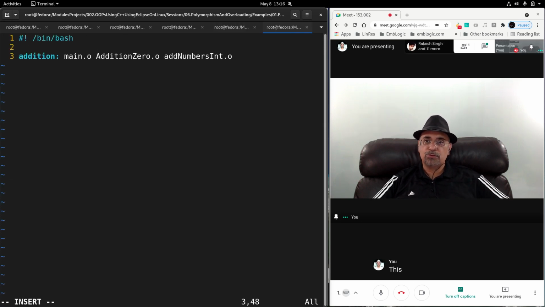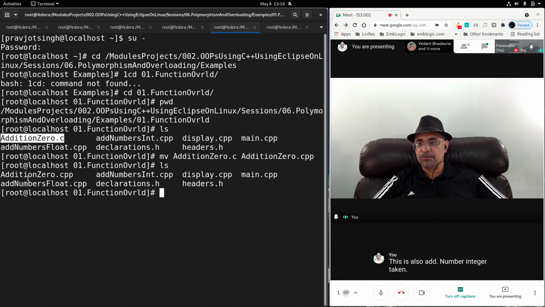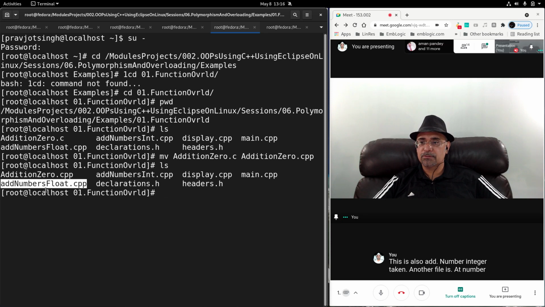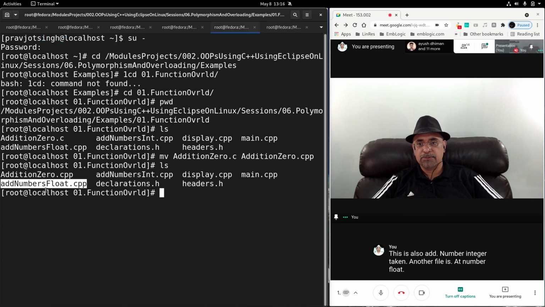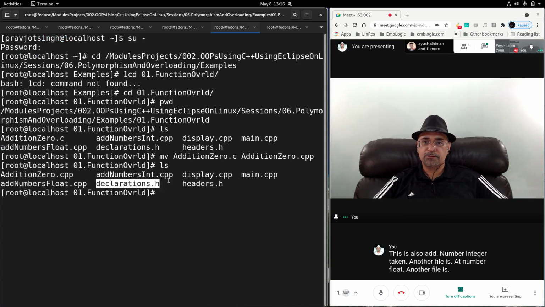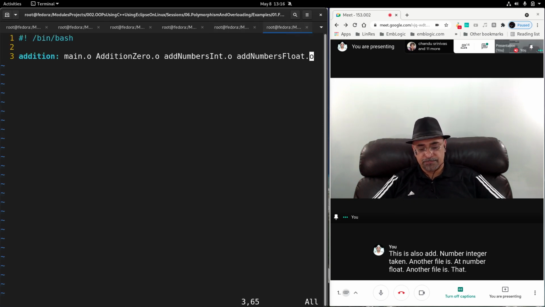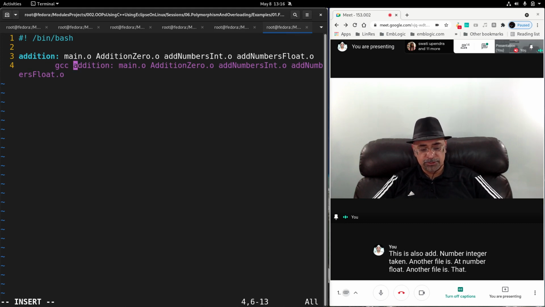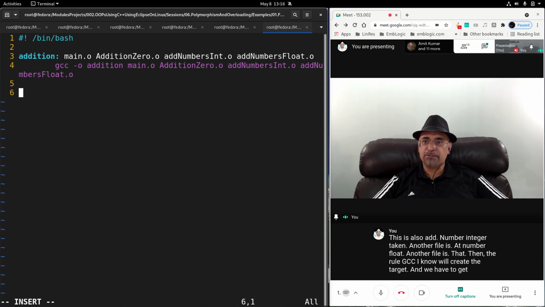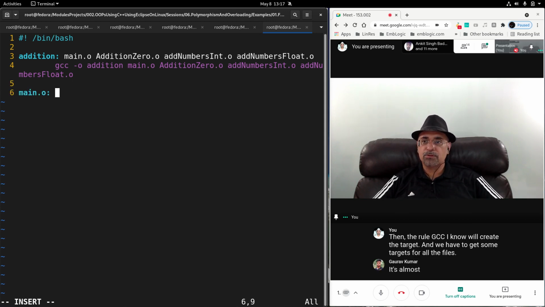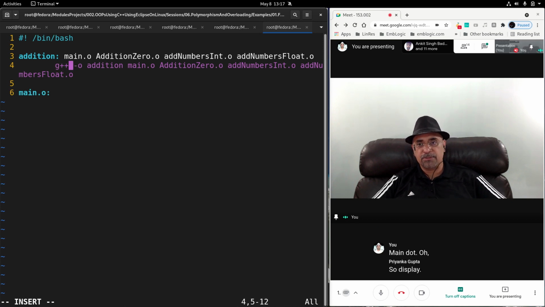This is also .o, add number integer. Another file is add number float. Done. Then the rule gcc -o will create the target. Then we have to create sub targets for all the files. Main.o, g++, right? Main.o will be created from main.cpp